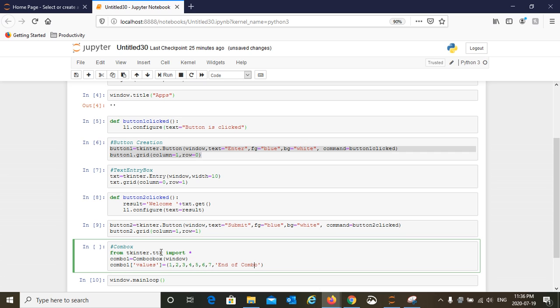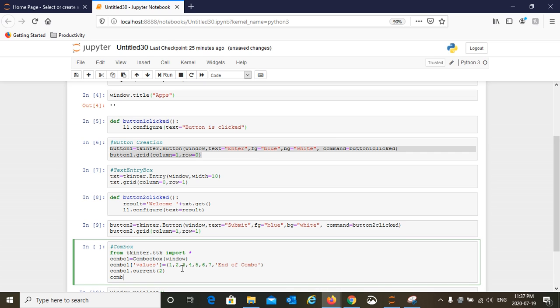It's going to be a tuple, and then what would be the current value? When the combo box is shown, there has to be a default value. So which one of these values will be a default value? That you mention by saying combo dot current, and I'm going to say, let's say my second value will be default value. That means 0 1 2, the value 3 will be the default value.